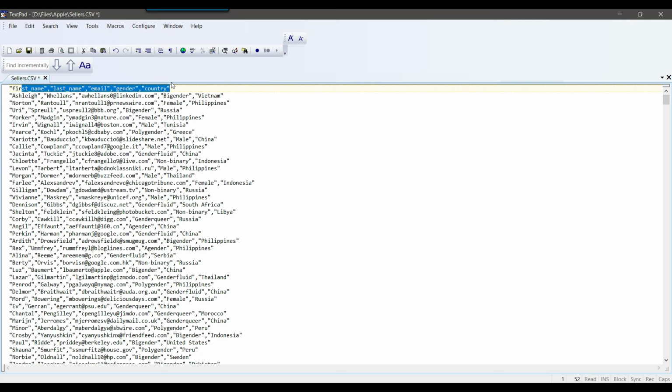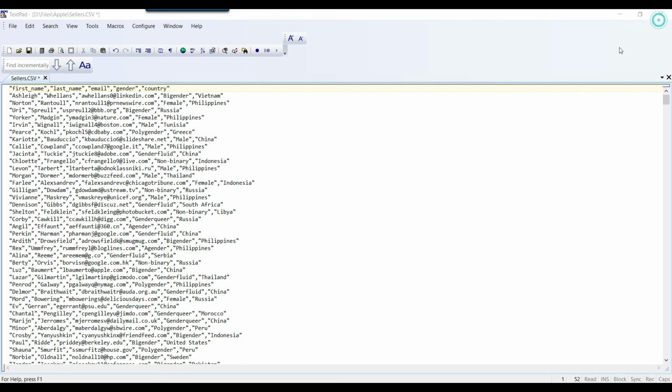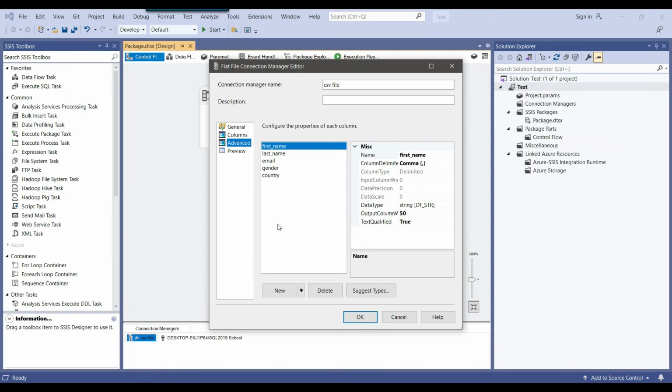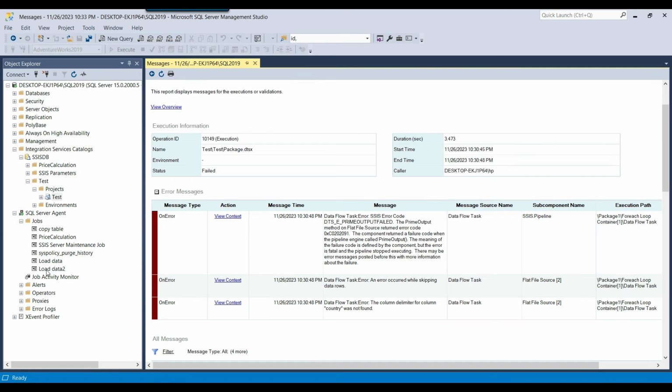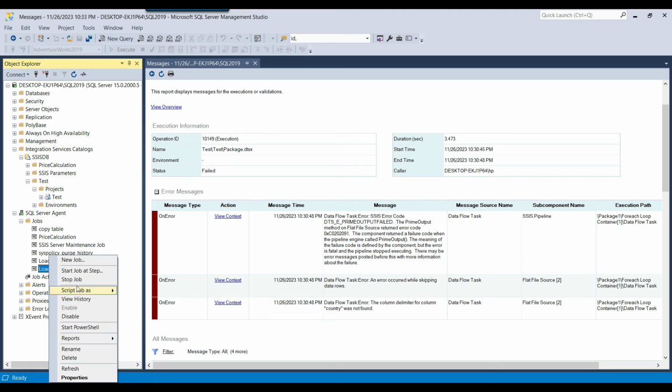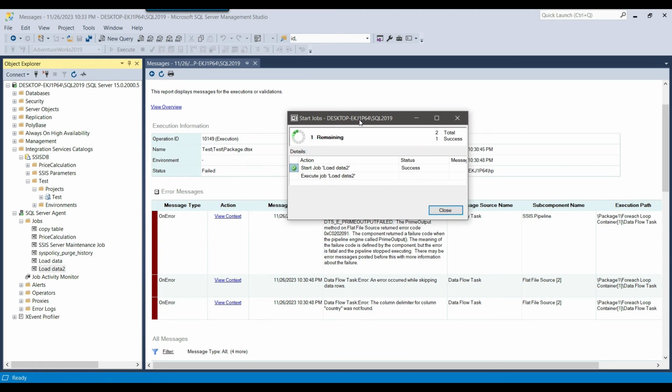In your file, sometimes the layout can change, and sometimes there can be bad data, the formatting might be wrong, or there can be some extra delimiters, like what happened in this particular case. So this is one of the failure reasons. I just removed the extra column from here. Now the formatting of the file seems correct, so I can click OK. Now I can just rerun the SQL agent job. For example, if I execute the second SQL agent job, load data, this will call the same SSIS package.